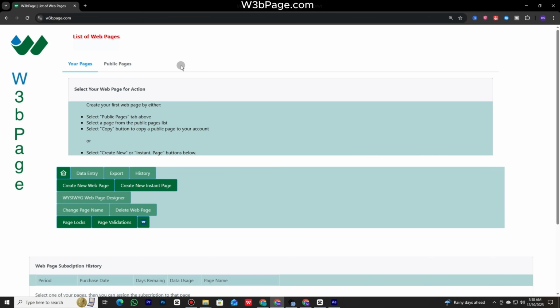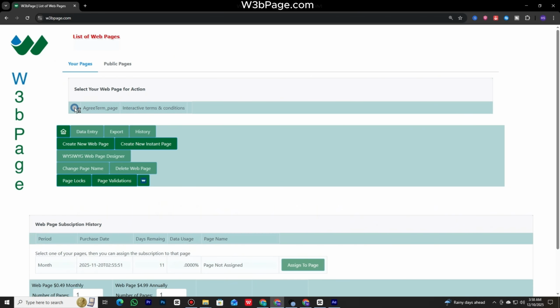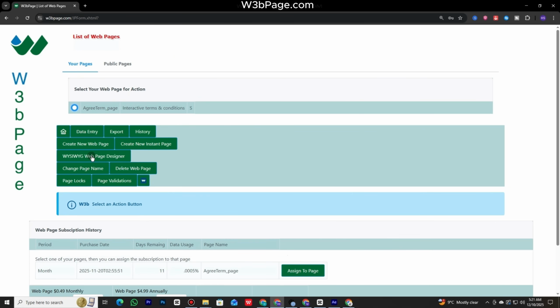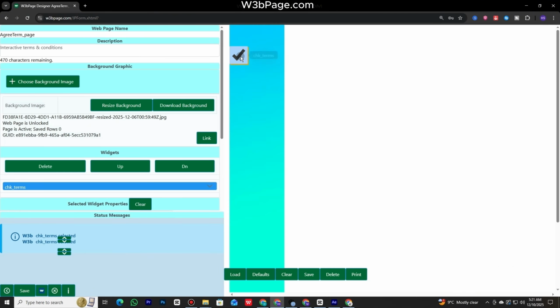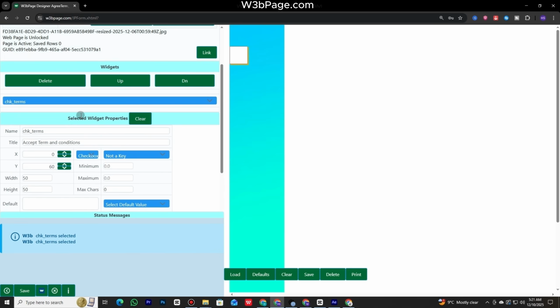We'll move to the browser and continue the process from the cloud interface. After uploading the page from the iPad, we'll switch to the Cloud Designer. The first step is to refresh the page so the newly uploaded web page appears in the list. Next, I'll open the Designer. On the left side, you'll see all the widget properties, and on the right is the live preview of the